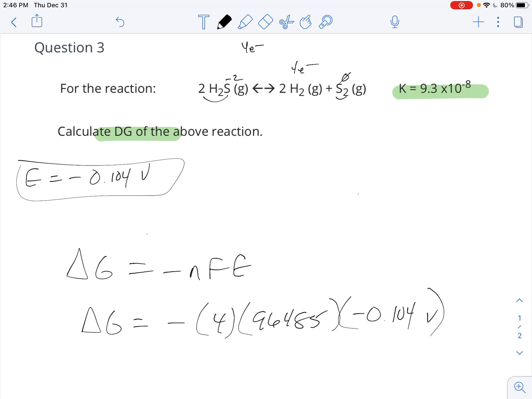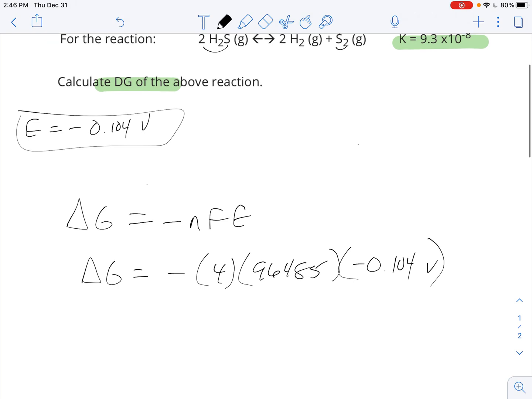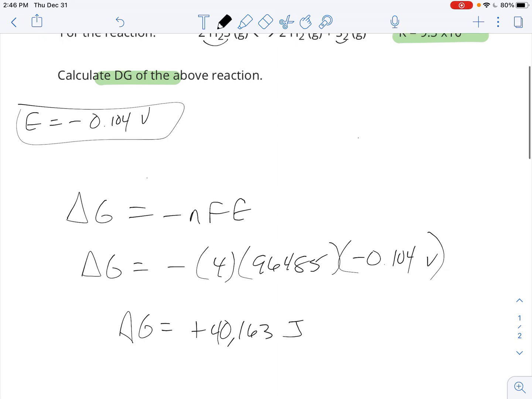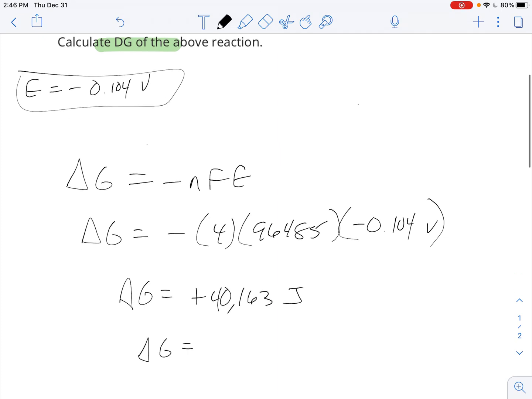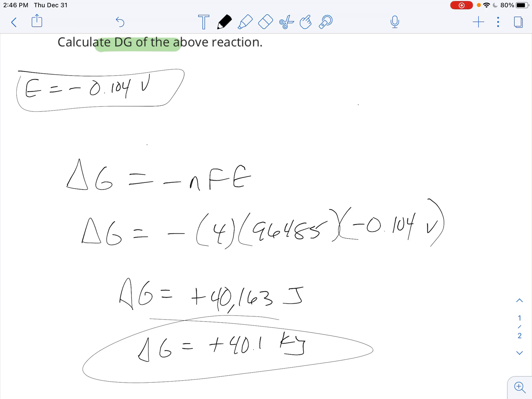So times 96,485 at -4 gets you a delta G then of positive 40,163 joules, or the delta G is about positive 40.1 kilojoules as your answer. So positive 40-ish kilojoules, depending on where you